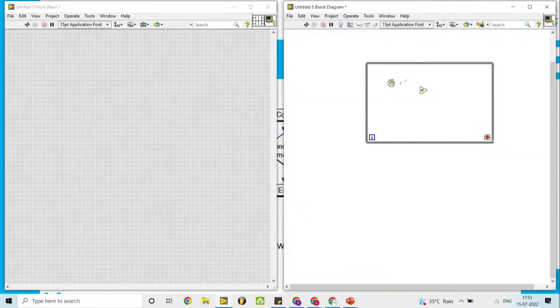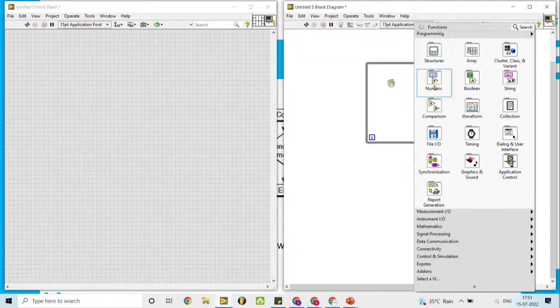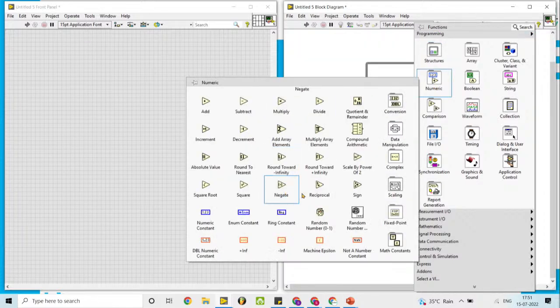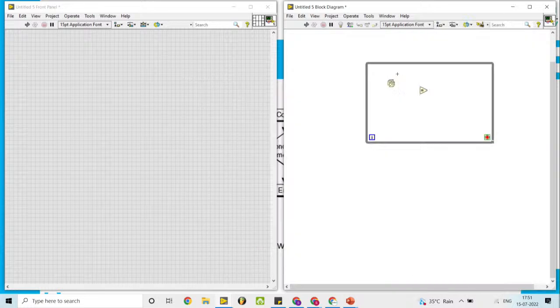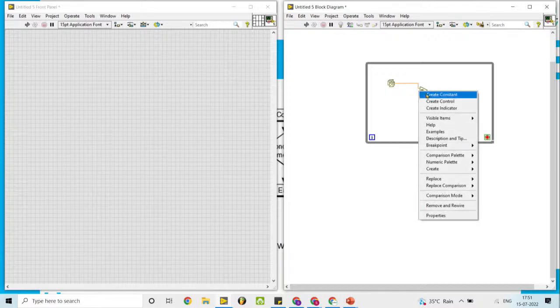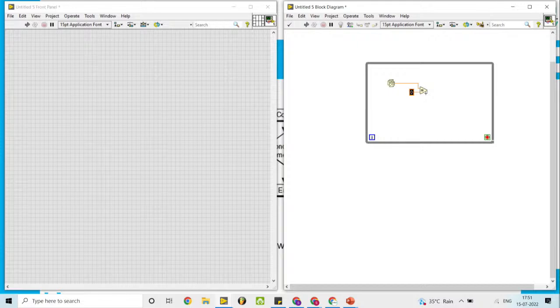So in the numeric palette, I will find the random number generator and connect it to the equal sign, and I connect a constant here. I can give this value 50, and I connect this to